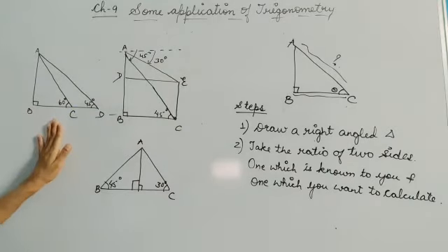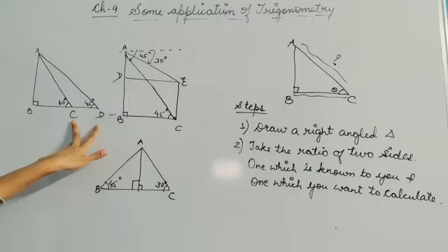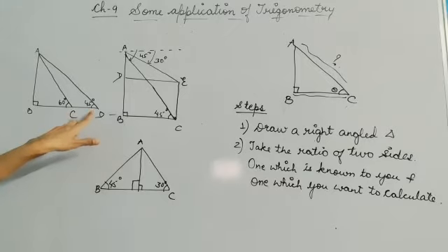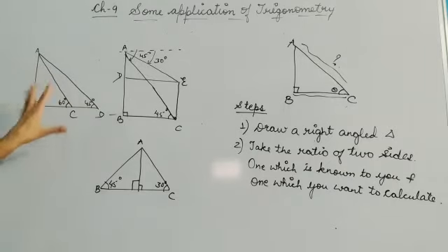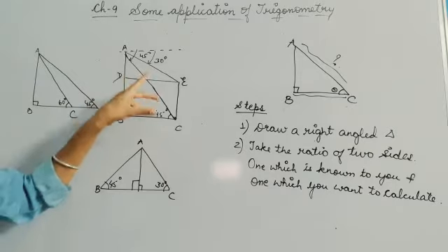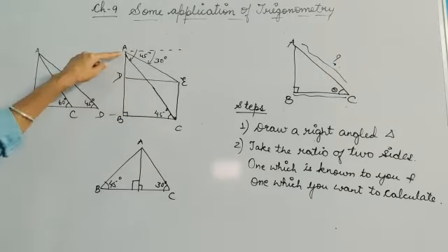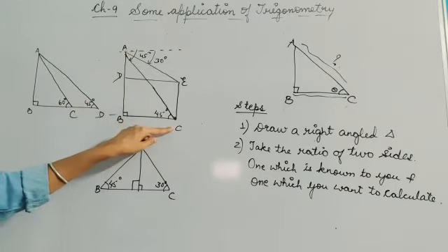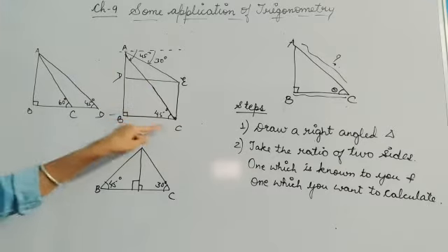We can get one more case over here. Let's suppose these are the two stones lying on the ground and the angles of elevation are given to you. Then you will be here getting two triangles. Here also you are getting two right angle triangles. So you will be working on both the right angle triangles. That means ABC is a right angle. First you will be calculating ABC.